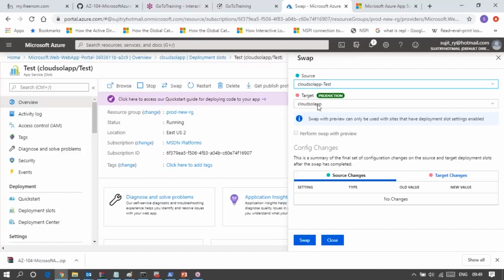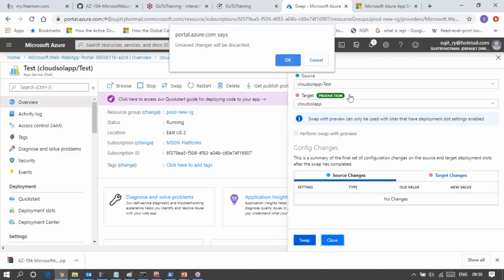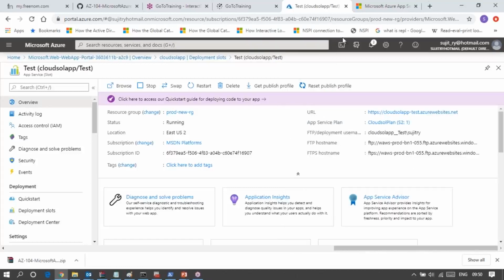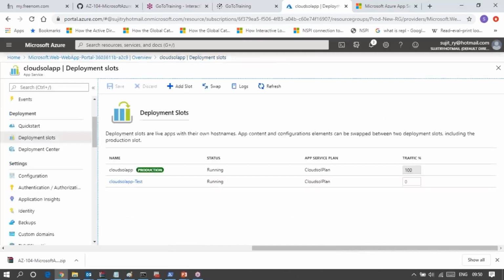So the ultimate one is the production environment in the production slot, and the rest of the slots you can use for testing purposes or staging purposes. Got it, audience? Close it. Okay,